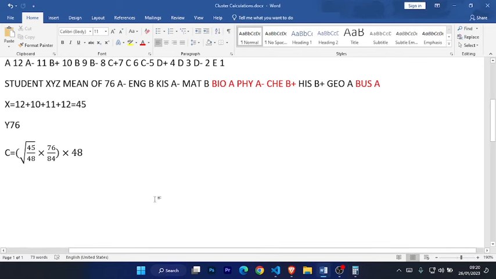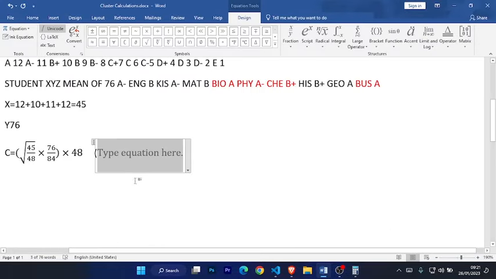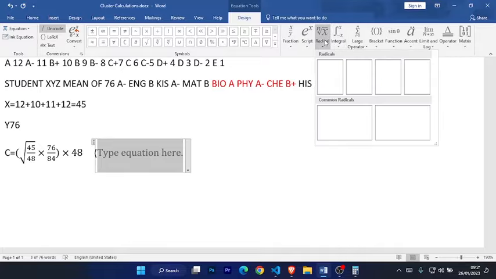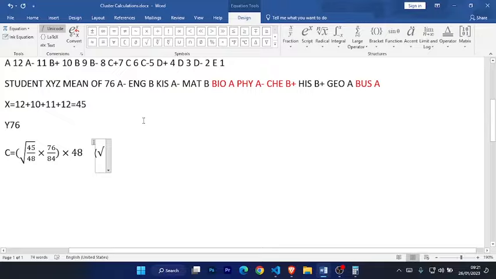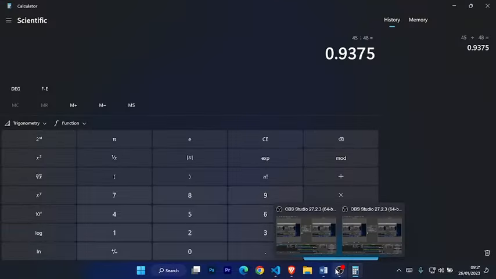So here we will have the square root of 0.9375